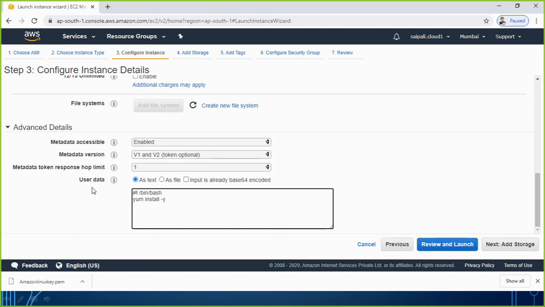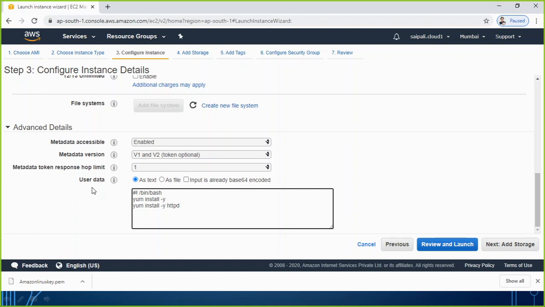Then the second thing I am doing is yum space install space minus y space. As I said, according to my scenario, I want to run the Apache service or web service there. So I will be typing the name of the service which I want to start or install there. HTTPD. That's the command for running Apache on the Linux machine.